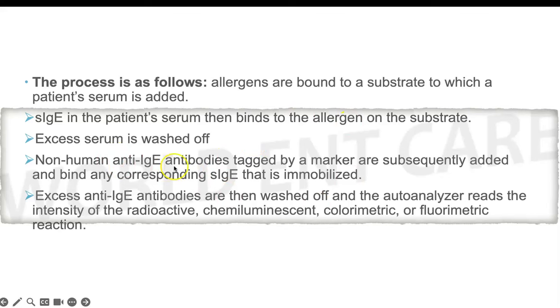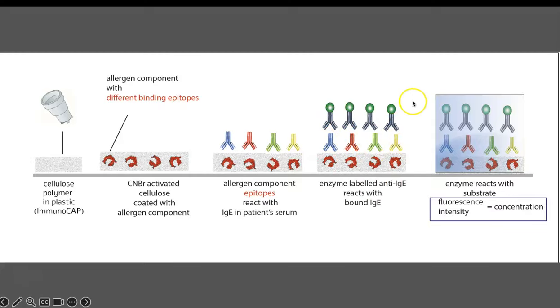The non-human anti-IgE antibody tagged with a marker is subsequently added, and it binds to any corresponding serum IgE that is immobilized. Here also excess anti-IgE antibodies are washed off, and the autoanalyzer reads the intensity of the radioactive, chemiluminescent,